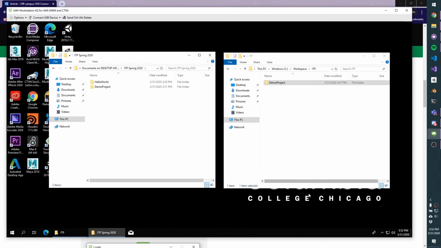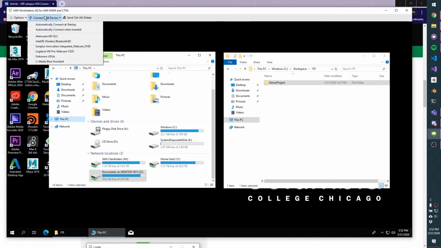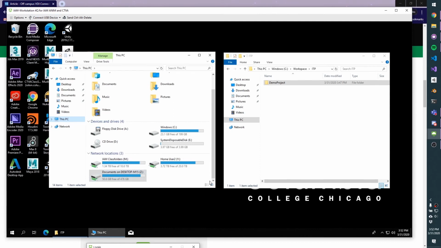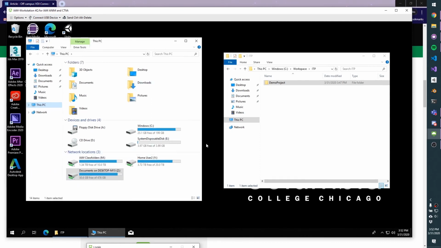So one more option for you is that you can also connect a flash drive to your personal machine and then give control of it over to your virtual machine. So I've plugged a flash drive into my computer, and if I go to this menu under Connect USB Device, look for the USB device that is my flash drive. Mine is showing up as unknown U disk. If I go ahead and select that and give it a second,